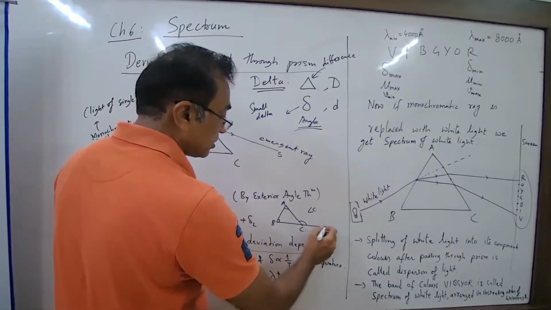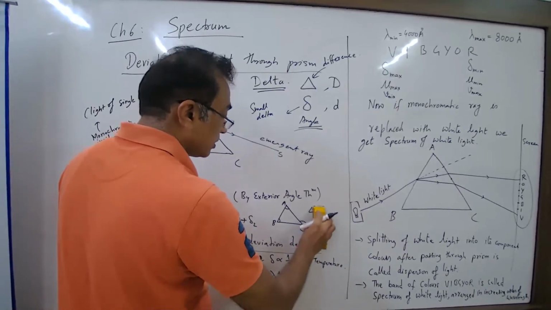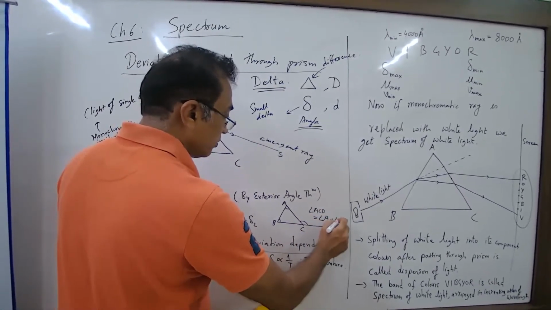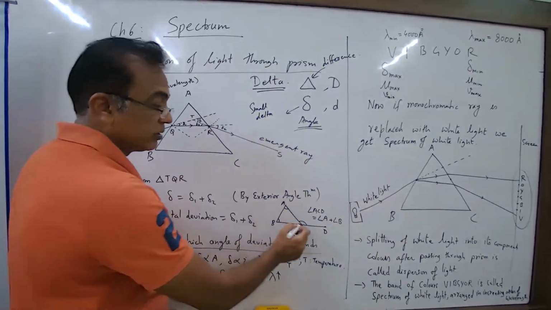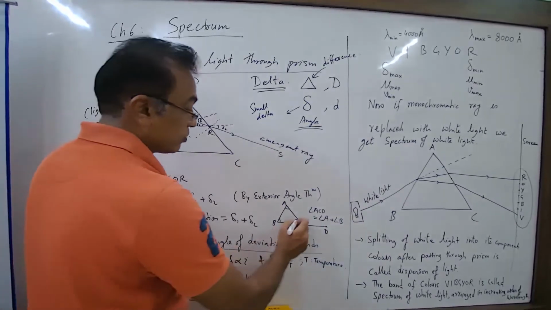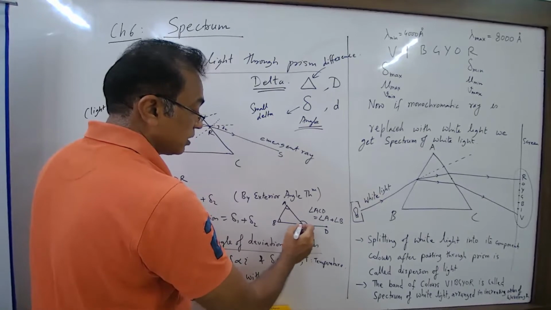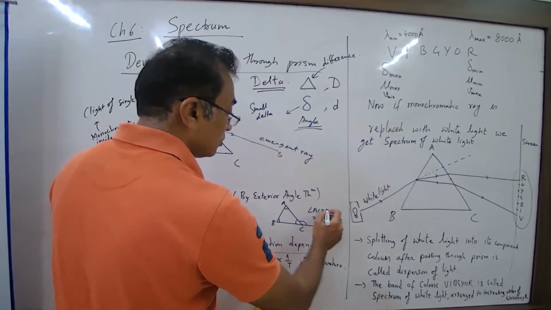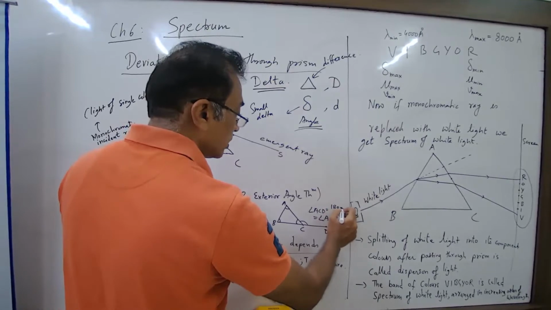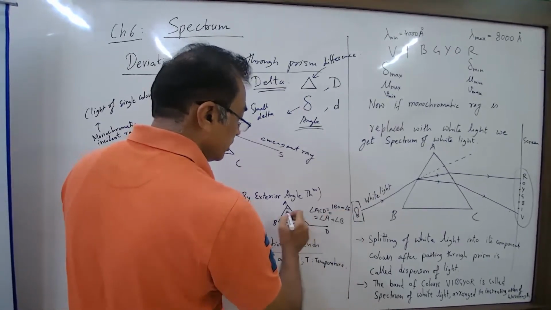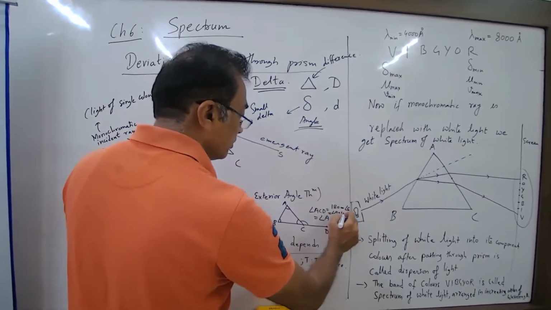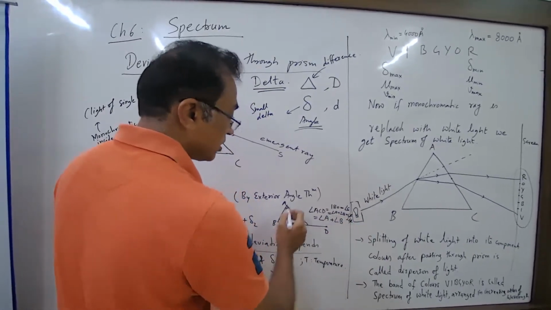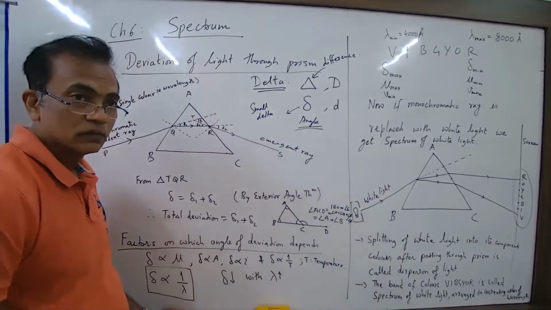सो एंगल सी, एंगल सी तो अंदर का हो गया, ए सी समझो दिस इज डी, सो एंगल ए सी डी इज इक्वल टू सम ऑफ एंगल ए प्लस एंगल बी, ये हो गया इंटीरियर होगा, ये तो पता है बाहर का एंगल कैसे, बिकॉज व्हाट इज दिस एंगल इक्वल टू, this angle is equal to 180 minus c, correct, because angle ACD is equal to 180 minus c minus angle c, correct, but what is 180, angle sum property, a plus angle b plus angle c और ये minus ये कट हो गया तो क्या हो गया, a plus b है।